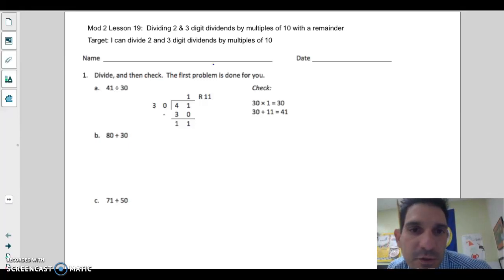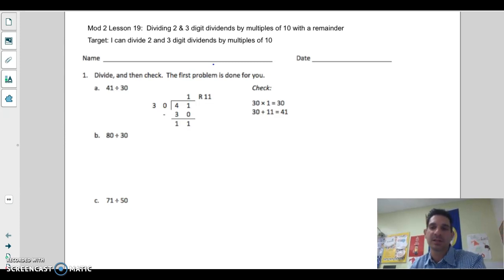Today we're doing dividing 2 and 3 digit dividends by multiples of 10, but this time we're going to have a remainder. We're also going to check using multiplication, because that's the inverse of division. So the first problem we're going to look at is 80